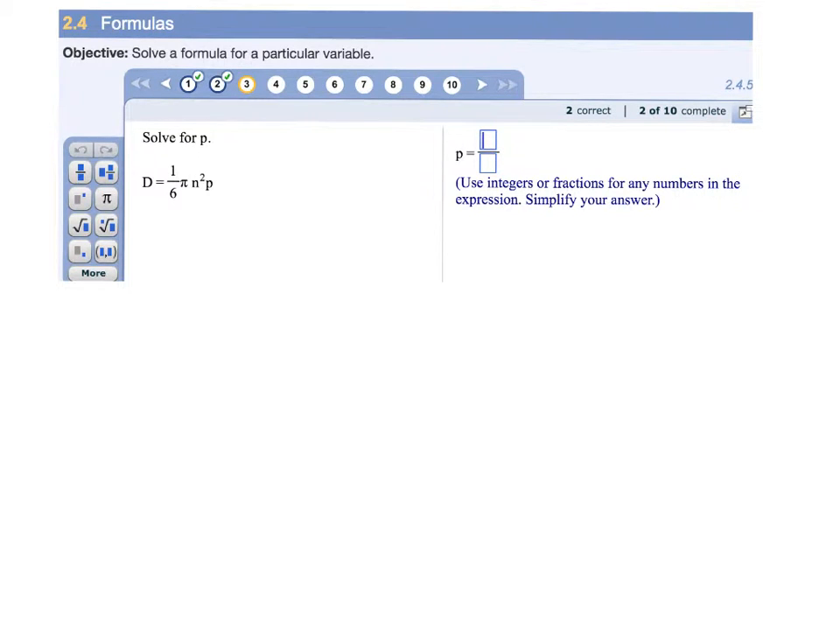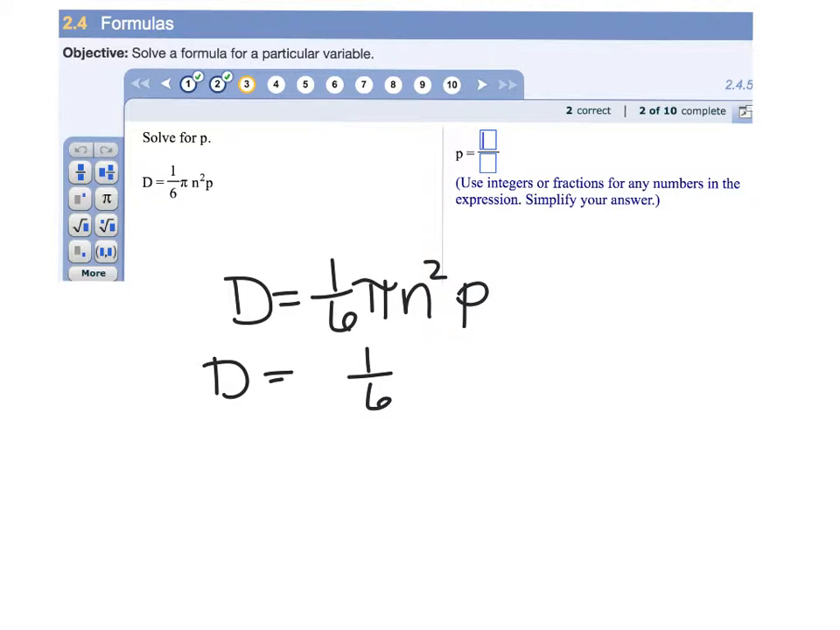All right, so on this one, we are solving for P. So we are going to start by writing the problem. So you get D equals 1/6 pi n squared P. All right, now I'm going to expand this a little bit. So this becomes D equals, and then I'm going to put 1/6 times pi times n squared times P. All right, so I do that because I want to emphasize the fact that all of these are being multiplied,